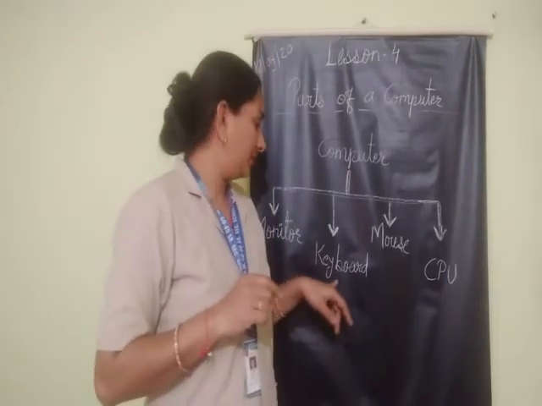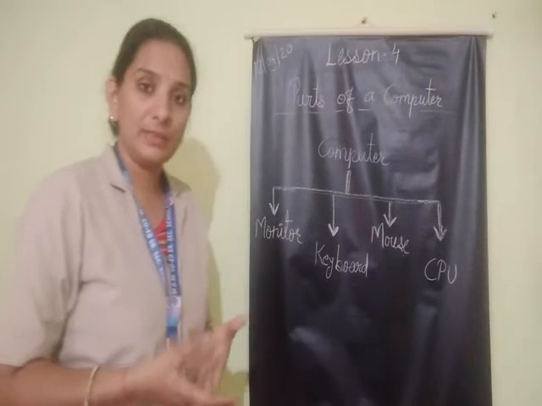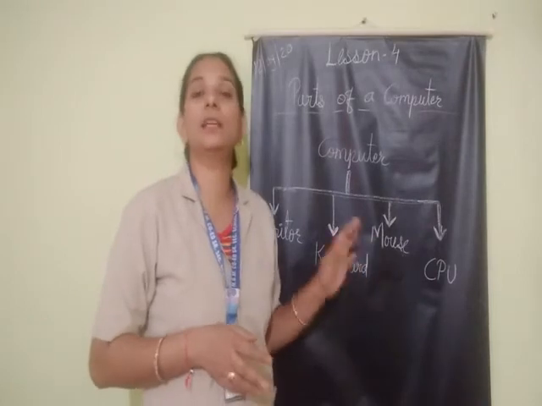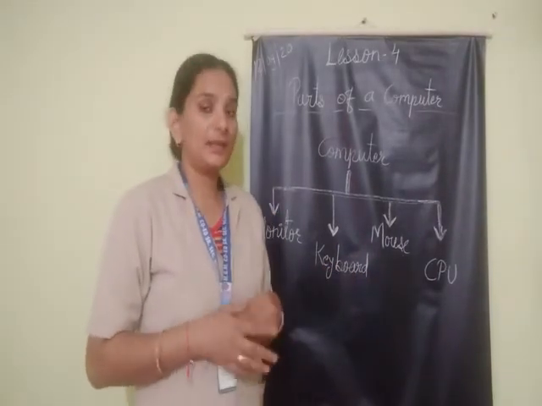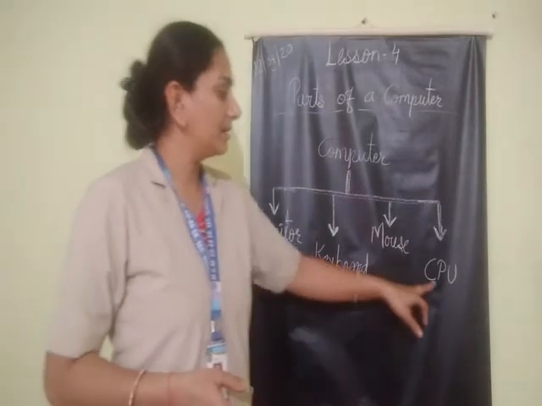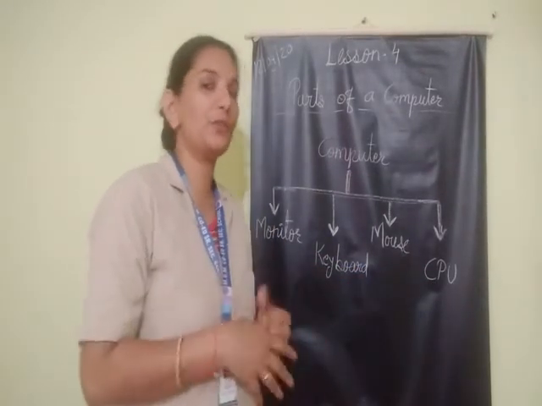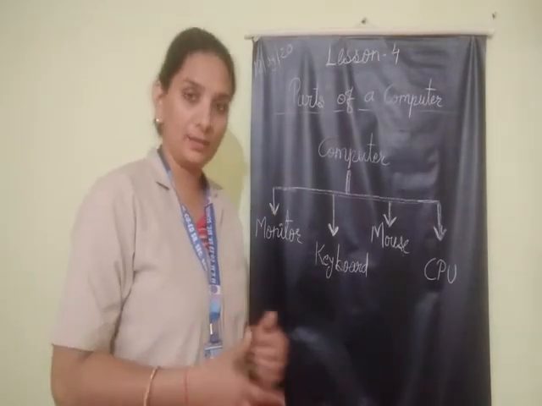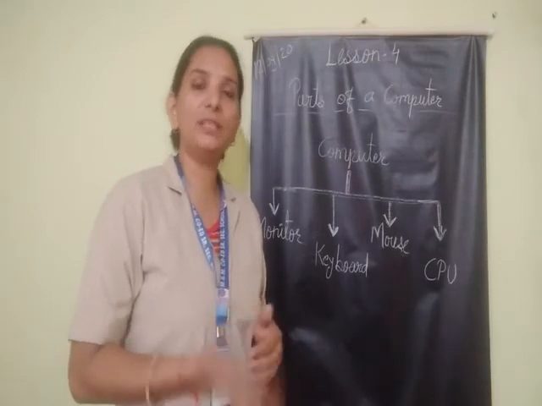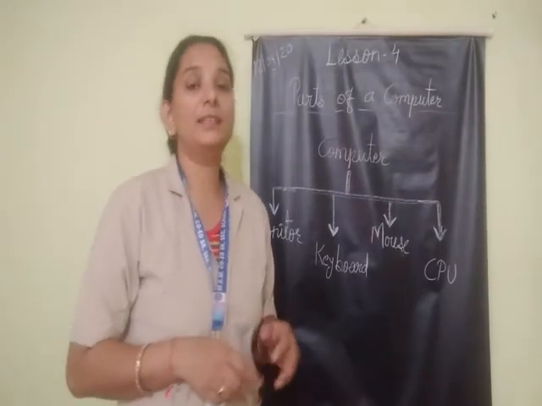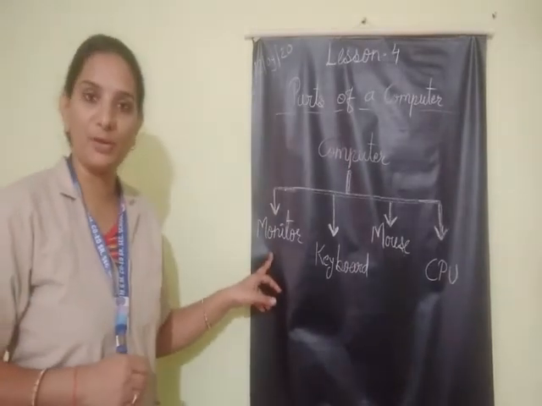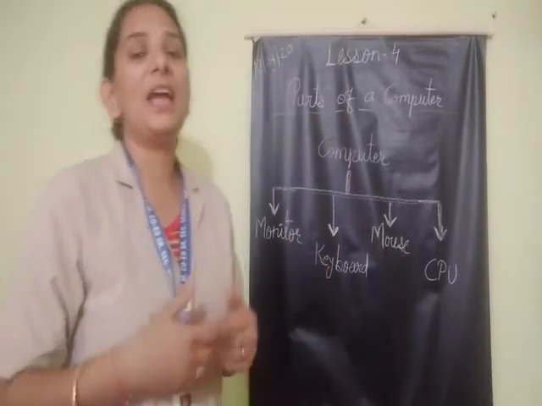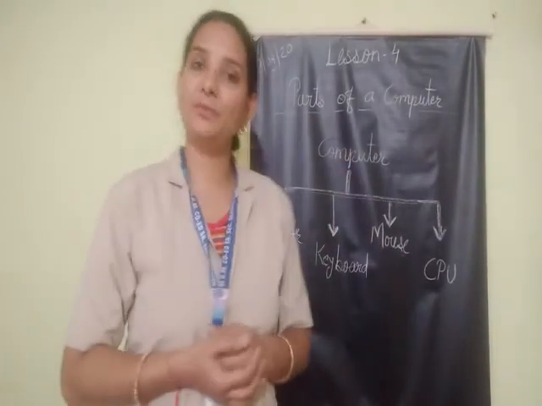Okay children, things like numbers and text, all the things that we enter by the keyboard or mouse, are called data. And after entering data, the CPU processes the entered data, and after processing it generates the result, and this result is displayed on the monitor. So all these functions work together to do the computer's work.